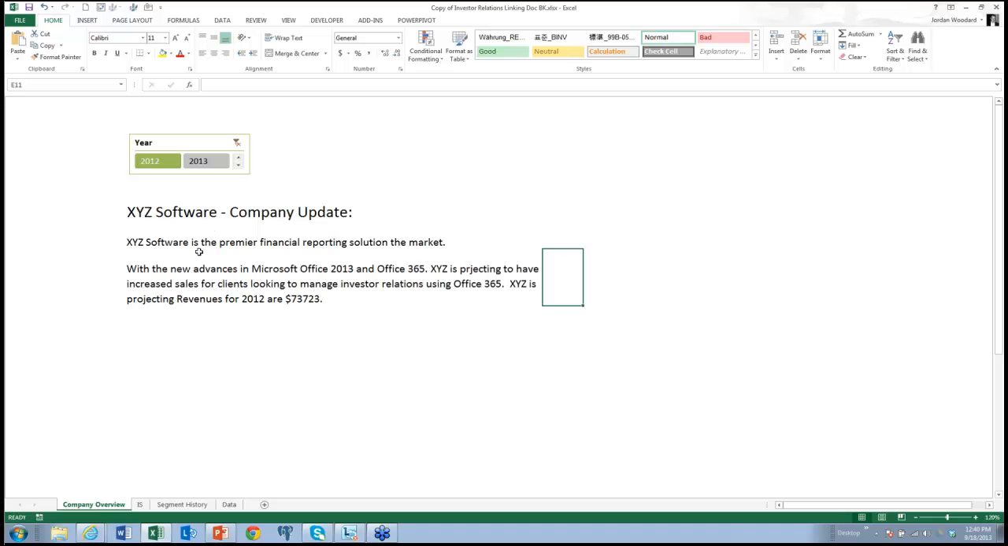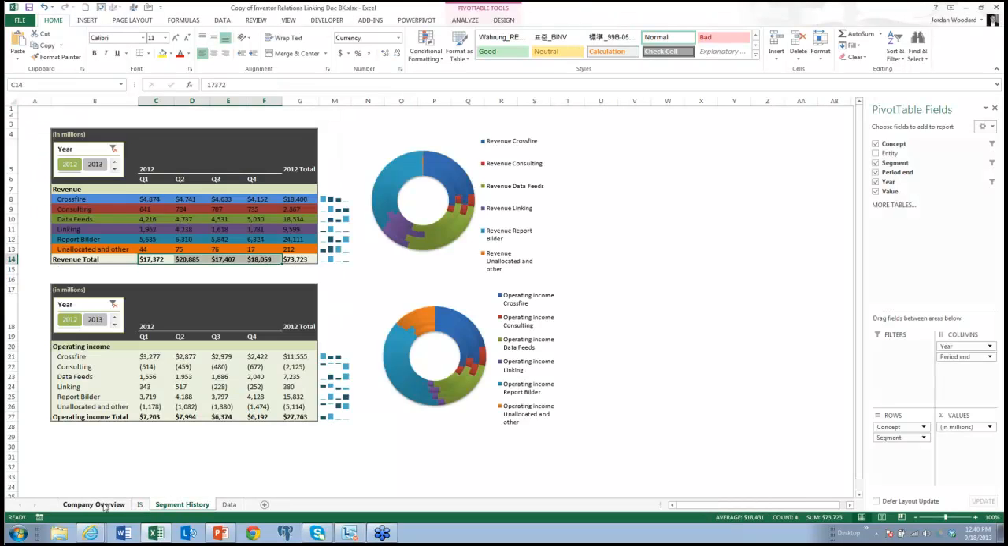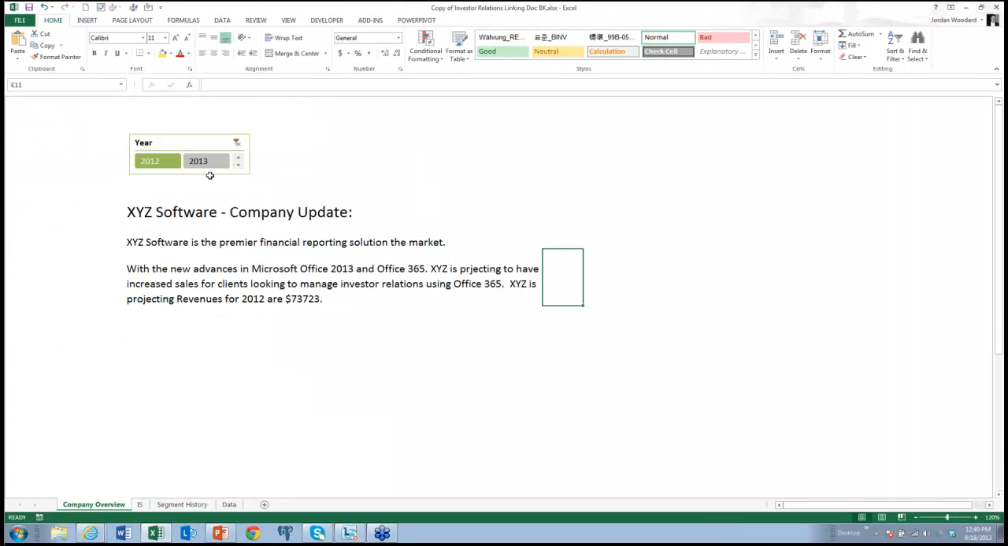So what I've done here is link all these numbers together. There's the company overview, here's the income statement, here's the segment history, and I've added the 2013 data, and I've used Excel slicers, which came with Excel 2010. So I can simply click, and my numbers go to the new number of